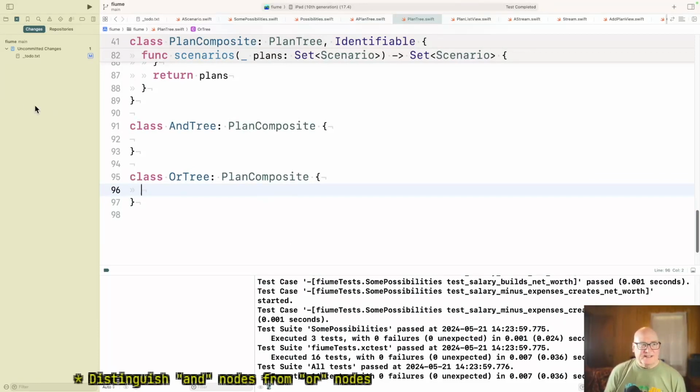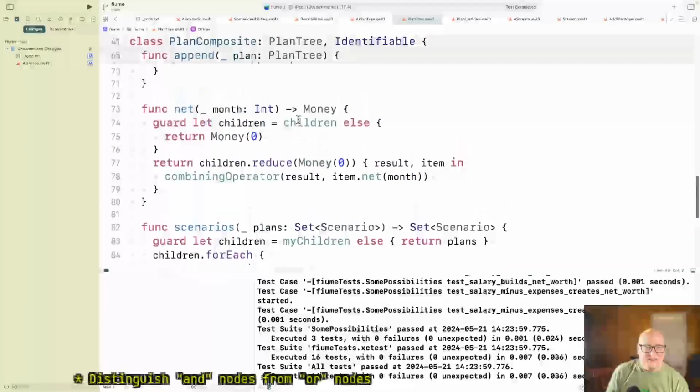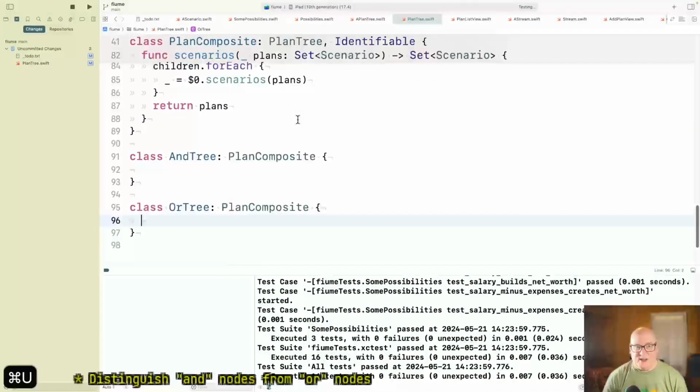Hey, I lost SwiftLint. Okay, we'll have to put that back in. I think it was when we tried to switch to an iPad project, and I had probably set up the other one for SwiftLint, and we deleted it, but it's not hard to put back. Okay, right. So that should be harmless. I just created two classes we never reference.